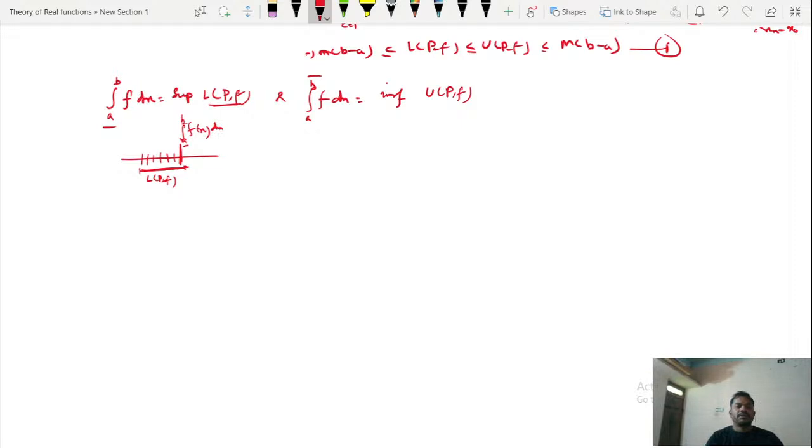So what we can say is there exists a partition from this thing. The supremum of LPF is the lower Darboux integral of f dx. Since this thing holds, we can say there exists a partition. That is from the definition of supremum. We already know the definition of supremum. There was a second condition, which told you there exists a partition P of closed AB such that